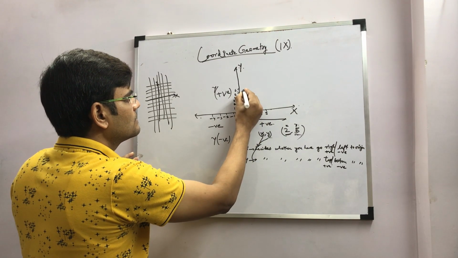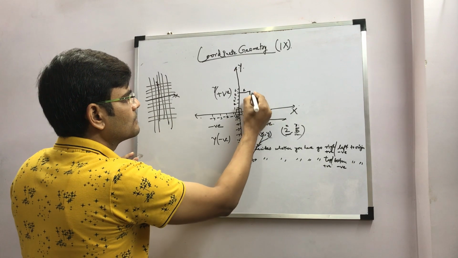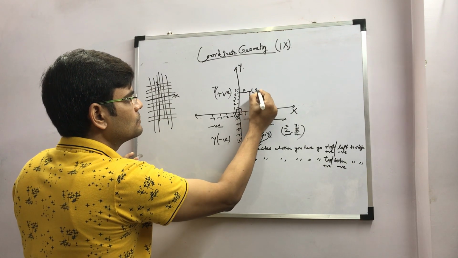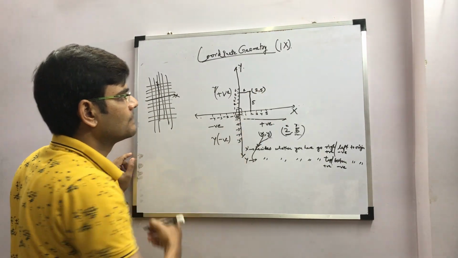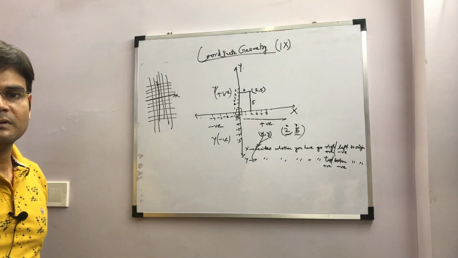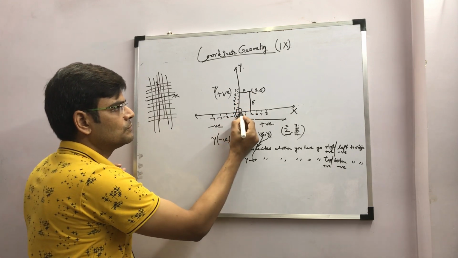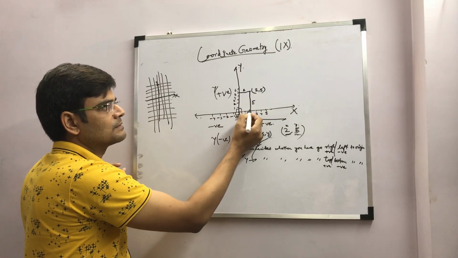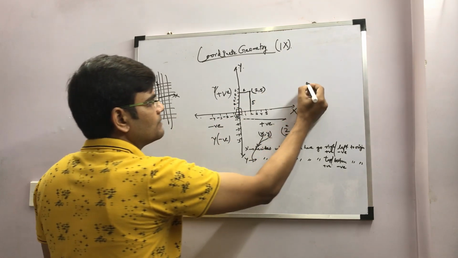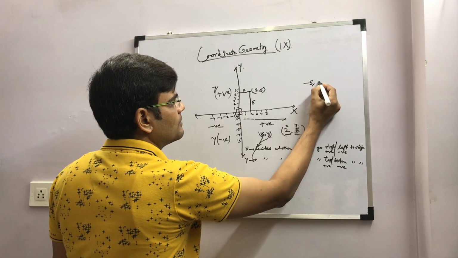So this is 2 and this is 5, and the coordinates of this point is 2, 5. Understood? I hope you understood. This one says 2 right, this one says 5 top. Similarly, if you have to draw minus 5, comma 2,